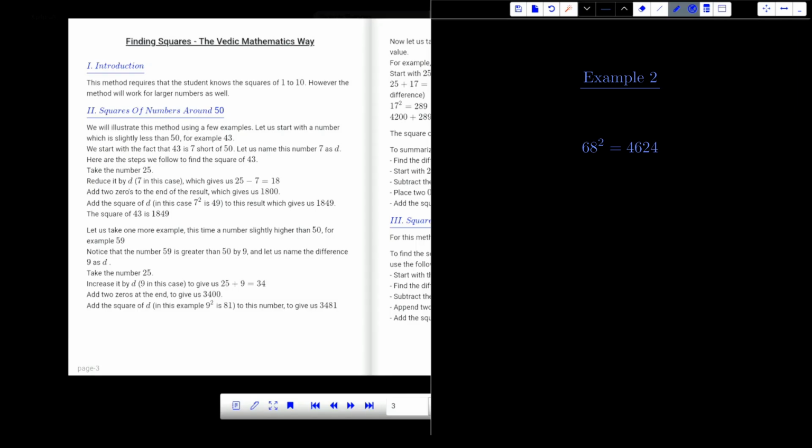Our next few examples will be done using the second method, which is meant for numbers near 100. We take the number 77, which is less than 100, and its difference with 100 is 23. Since 77 is less than 100, we will reduce the difference 23 from the given number, which gives us 54. Notice that for the previous method we subtracted the difference from a fixed number 25, but for this method, we are reducing it from the given number itself. Next we append two zeros to 54 and add 23 square, that is 529, to it to get the final